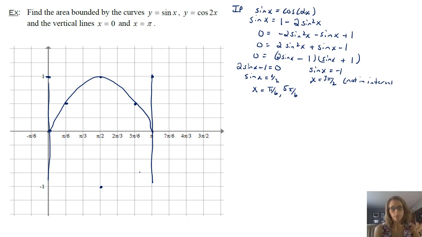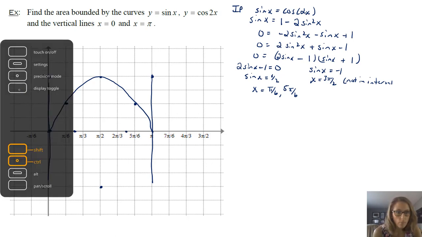And you have to think about those intersection points. If you want to do a better picture, you can think about pi over 4, because if you have cosine 2x, then cosine of 2 times pi over 4 is cosine of pi over 2, which is 0. So you're going to have a 0 here, and you're also going to have a 0 at 3 pi over 4, so something like this.